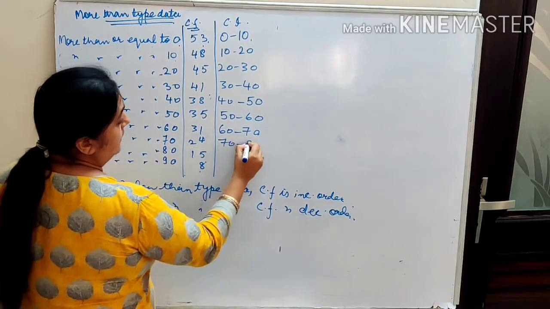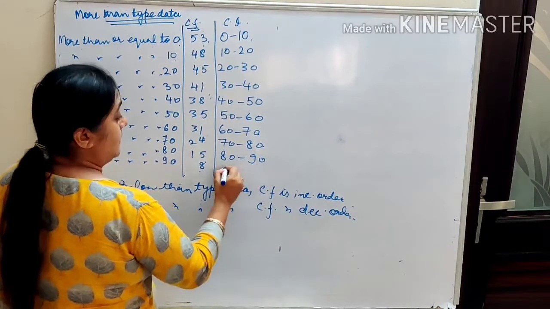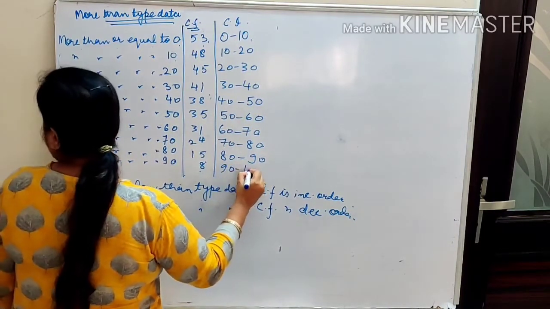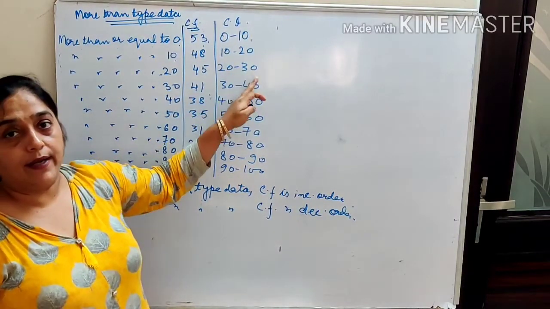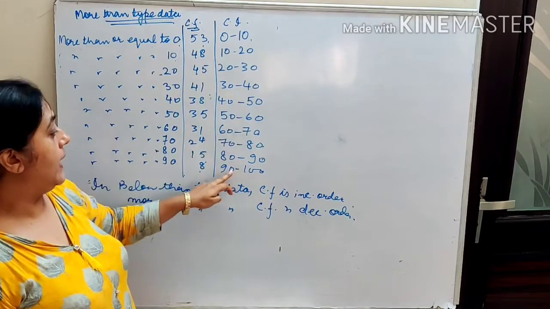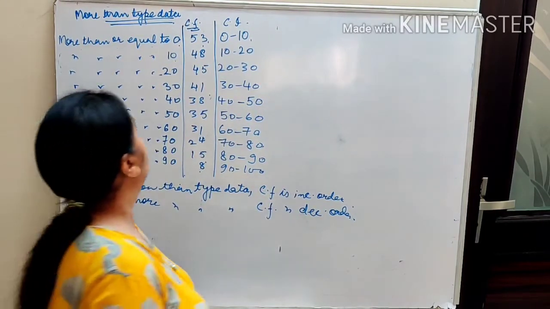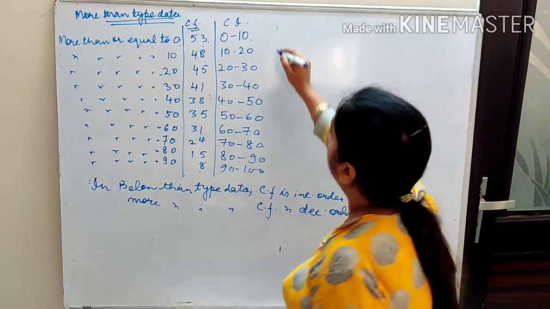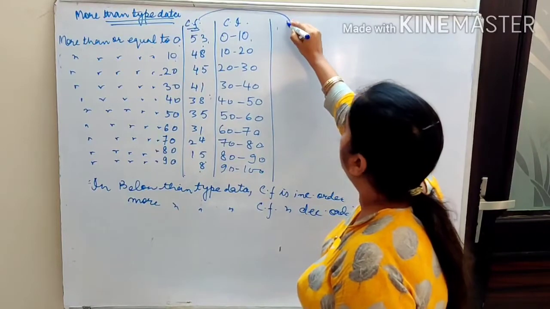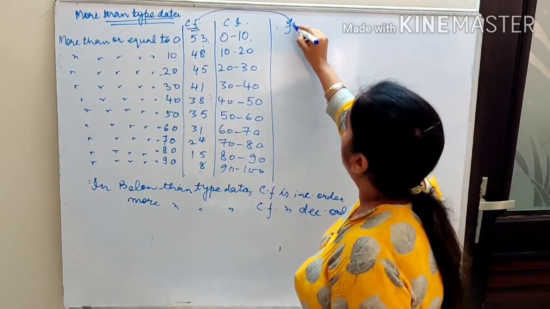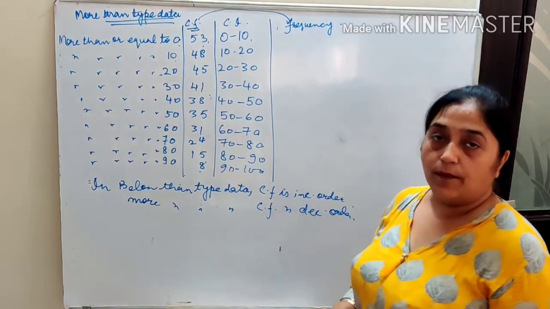We are converting it in data of 10 interval. That is, you will write 0 to 10, 10 to 20, 20 to 30, up to 90 to 100. Right? First you will write it in this form. Now what you have to do? You have to convert this cumulative frequency in frequency form. What will you do in this case? इसको आपने frequency form में करना है.